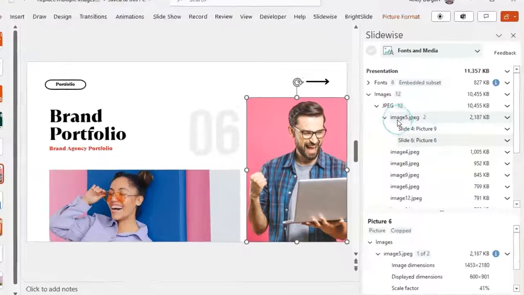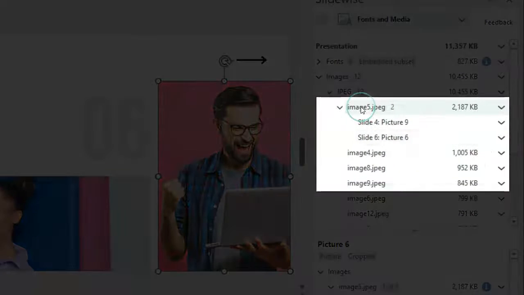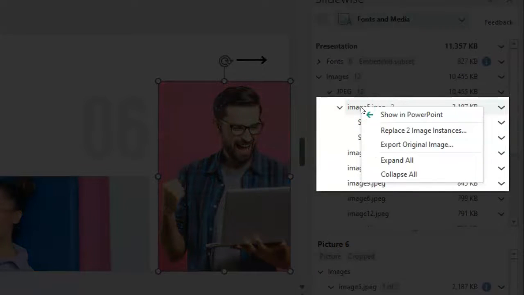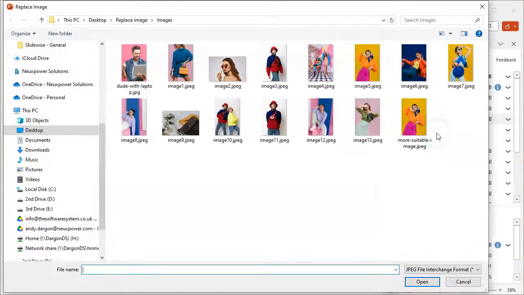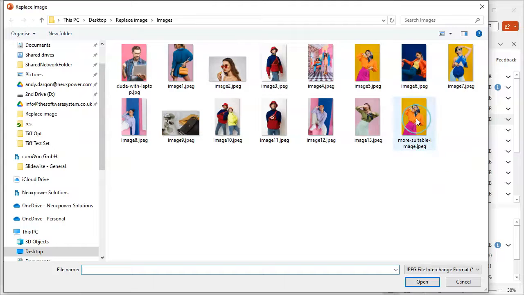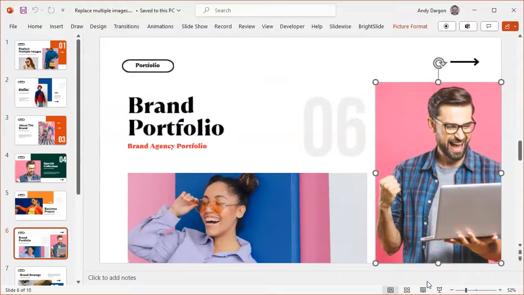Now, to find the feature to replace the image, all you have to do is right click on the image node that you want, and it will say there replace two image instances. So it's going to replace both of them, but in this case it's going to retain the cropping information on that first one. So let's select an image that's a bit more suitable for this presentation,